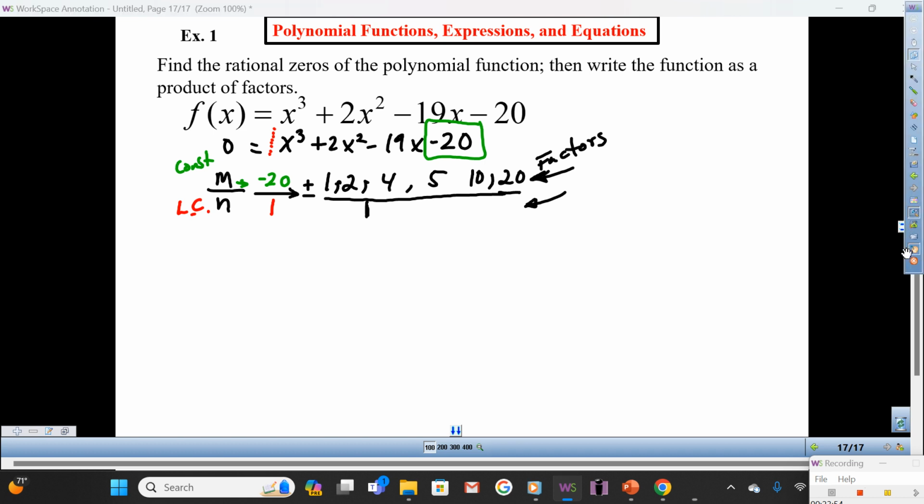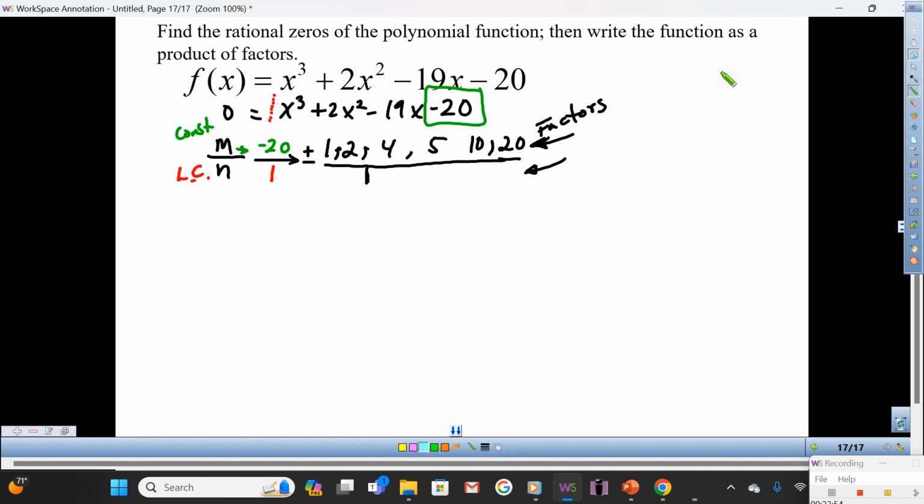So here we are. They're still asking us to write the function as product of factors. So here goes the process. Ready? Look up. In order to find all possible factors, or at least to get started with the first one, we need to use synthetic division. You're like, oh, that's what you had us practice. Of course! My goodness. So, look at the polynomial. Is it in standard form? Yes. Are there any degrees missing? No. So what would be the numbers that I use for my synthetic division? What's the coefficient here? 1, 2,